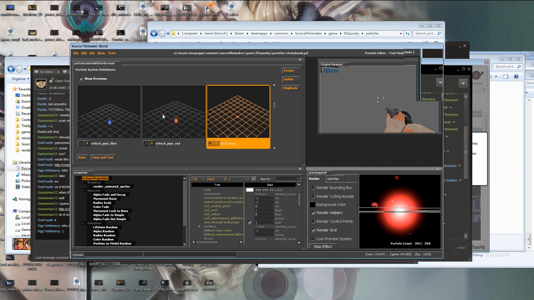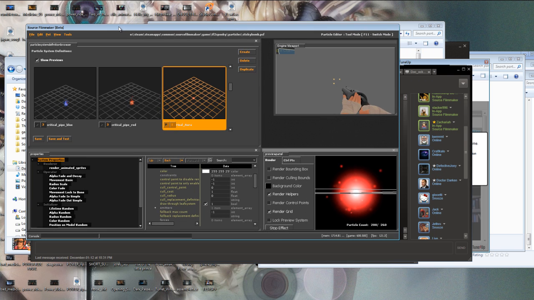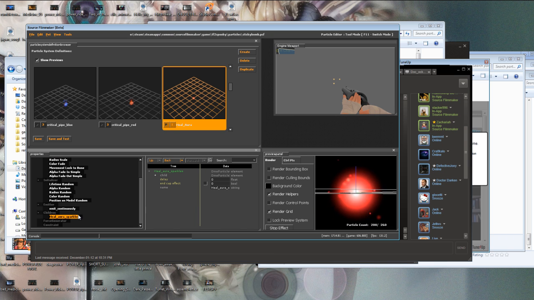And I'll just make a new one. So a quick notice, in my previous particle tutorials, I used instanced particles, but there are some advantages to using the particle system, like the particle editor tool, within Source Filmmaker over using an instance. The main one that I've found is that if you use the proper particle editor, you can actually add children for your particle, which I find children help you make your particle very